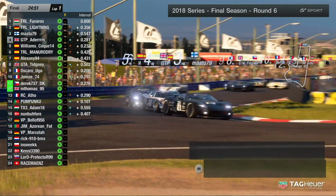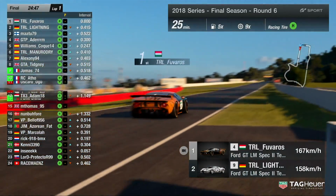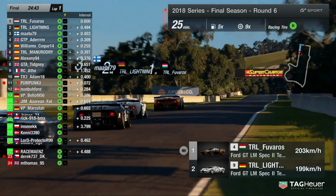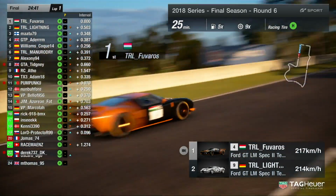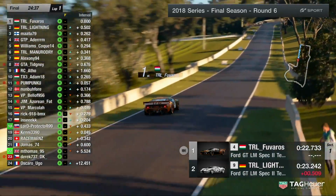No early moves as of yet. Everyone choosing to keep it clean, it seems. But I think there is someone up the back there. I think it's Derek and M. Thomas from the midfield taking each other out, unfortunately. Ugo involved in that as well as we head down the mountain straight and we make our ascent up the